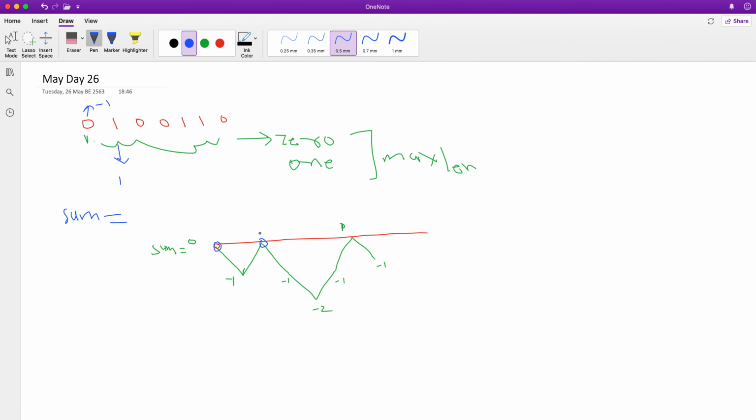So the indexes we will know during the processing. The index of this initial one is 0, this one is 1, this one is 2, this one is 3, this one is 4, this one is 5, this one is 6, and this one is 7. Sorry, we are starting from here, so this is only 6, so the index is 6.